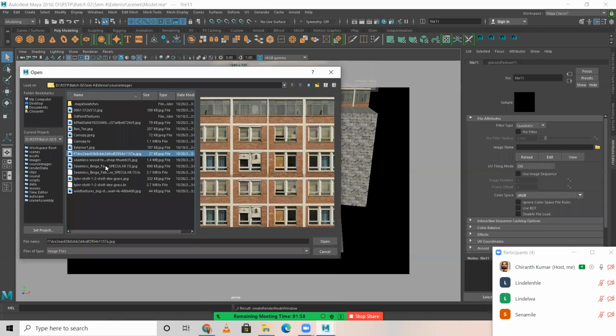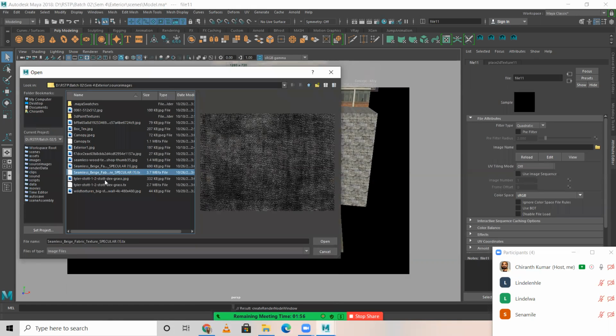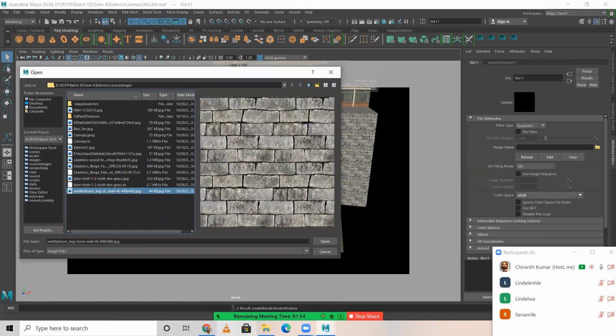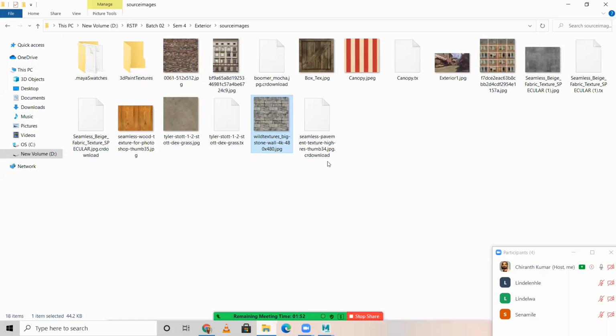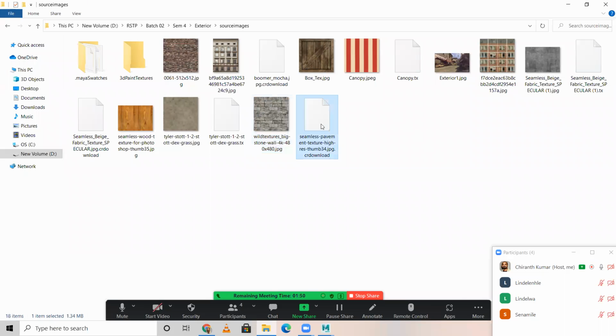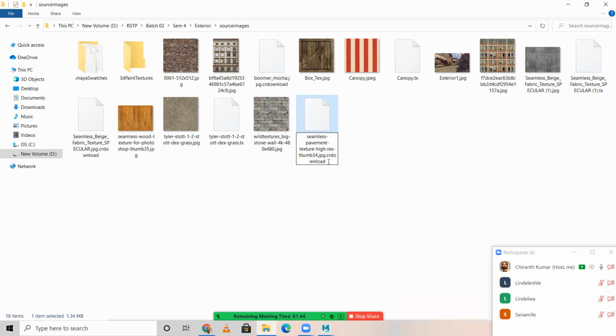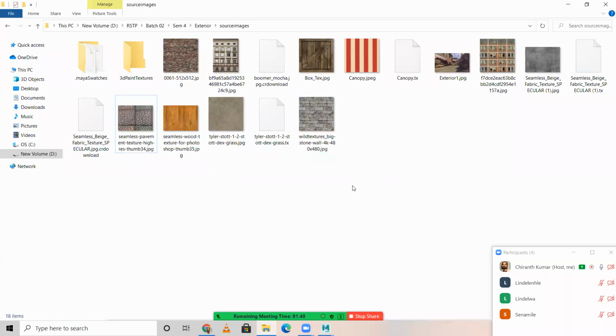Where is the footpath? Let me check. Okay, would like to change the, yes, I think it's visible now. I'll come over here.